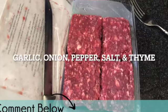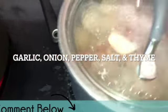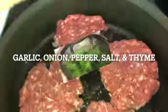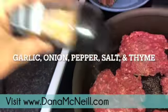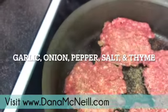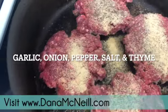I'm going to go ahead and cut up and prepare the other patties. I've removed the first 4 and put them on a plate on the stove. And yeah, everything's coming along fine. So let's get back to these patties and I'll show you what I do to season these. So I add a little bit of garlic powder and onion powder. And then I'm going to come back over with some black pepper and a little bit of the,